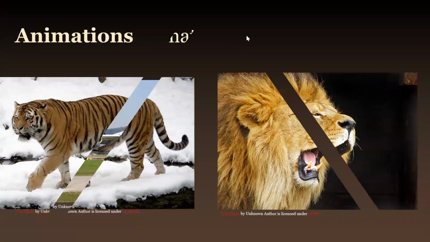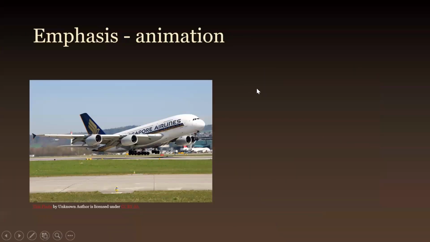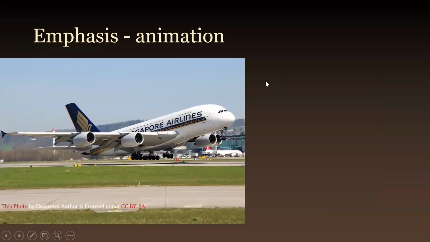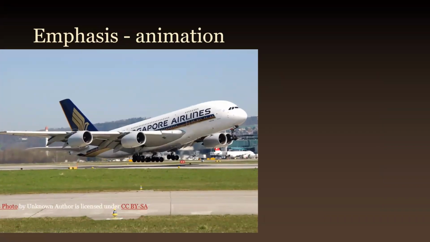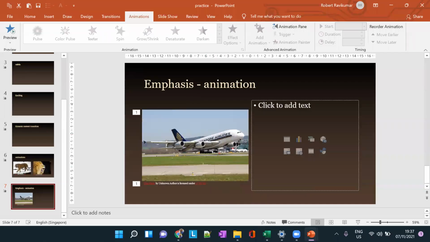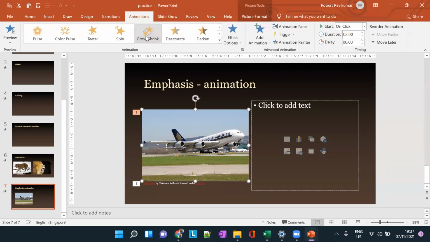So next, when you go to the next picture where the flight is added, I click the picture here. Now you can see it becomes big. Okay, so this is called a grow shrink animation here. So it changes the size of the picture when you trigger the animation. So when I click the mouse, we started the animation, and the picture changes into a bigger picture. Okay, so this is called a grow animation.